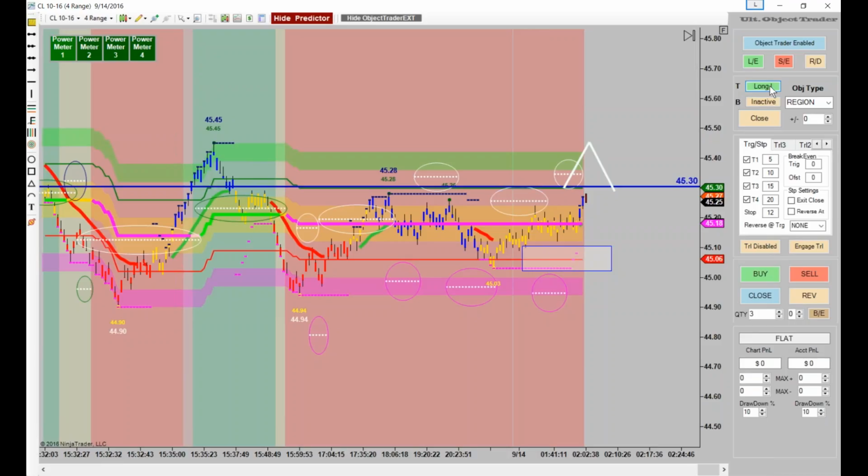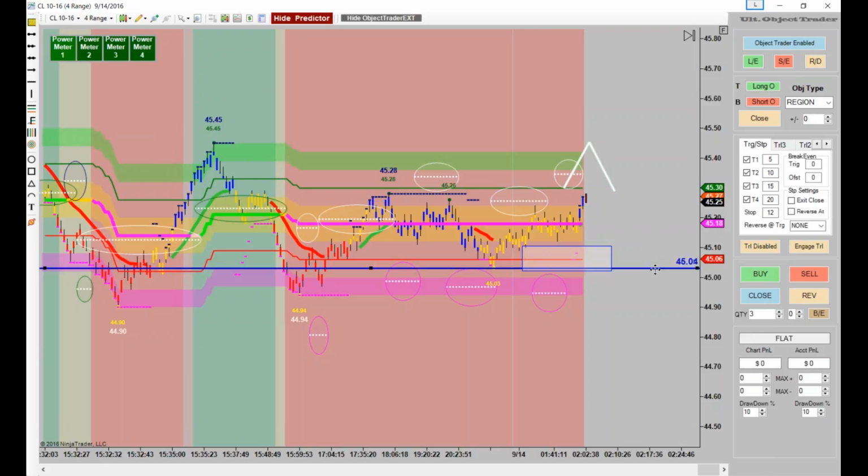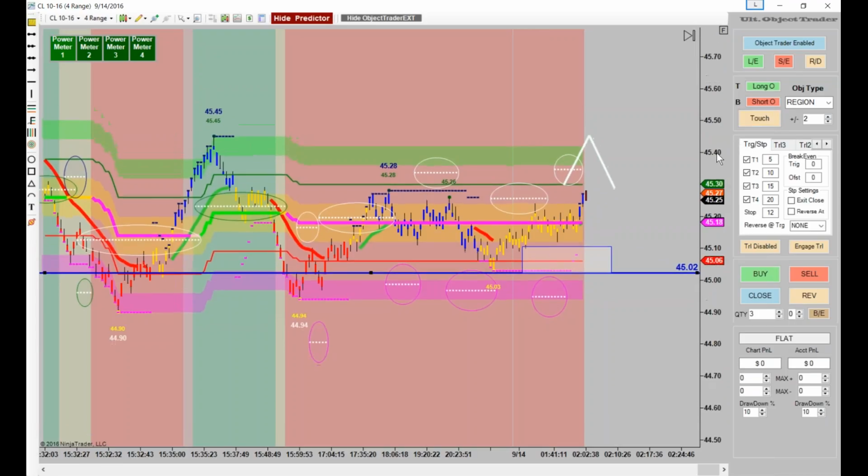Like top of the box, for instance, if I set it for long outside close, that means it would have to close outside the box. If I set it for short underneath the box, then obviously it would have to close under the box. But I also have touch. I can even touch outside the box if I want to. Okay, so you've got all these features built into Object Trader, and I'm going to show you how to trade some of these. All right, so let's go ahead and we're going to do a region,